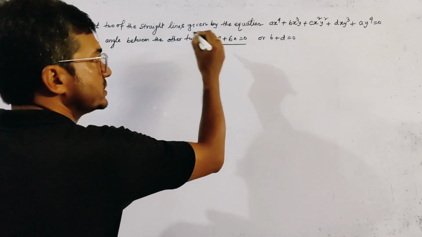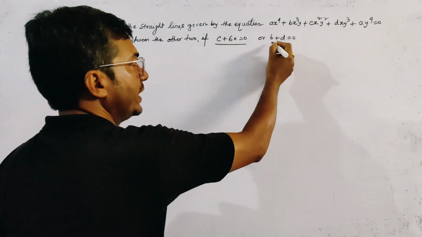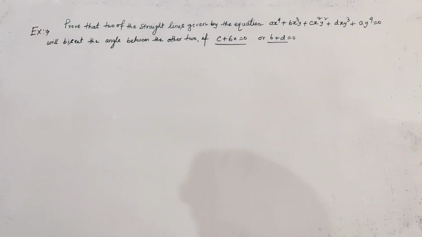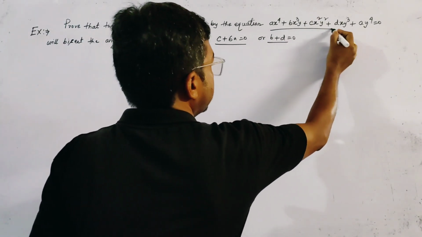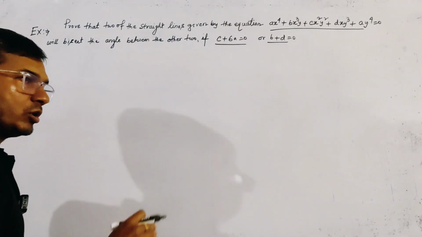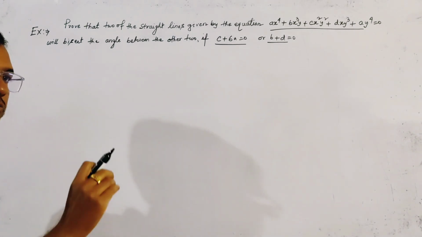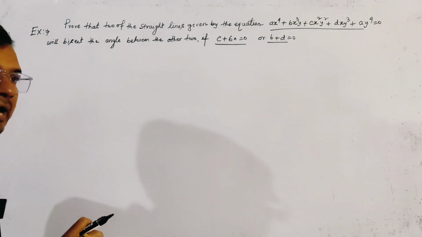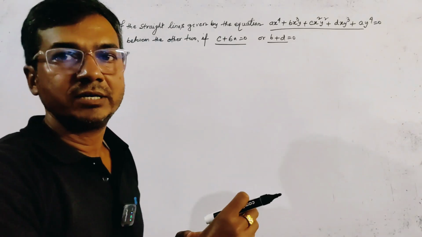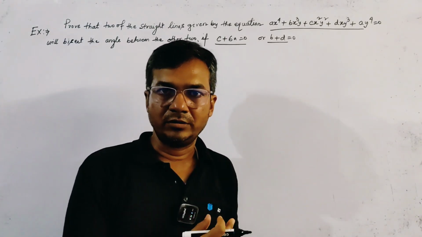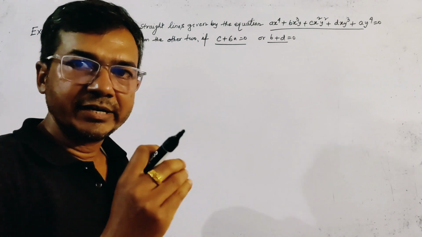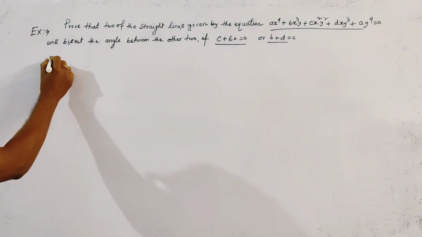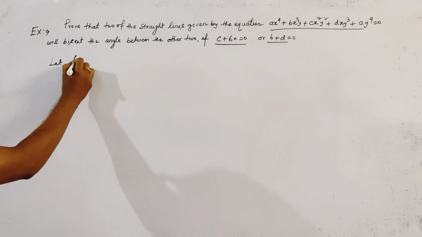Condition 1 is c + 6a = 0, or condition 2 is b + d = 0. Clearly this equation represents 4 straight lines passing through the origin, that is, 2 pairs of straight lines, and one pair will bisect the angle between the other pair. So we first take one pair of straight lines passing through the origin as, let the first pair be